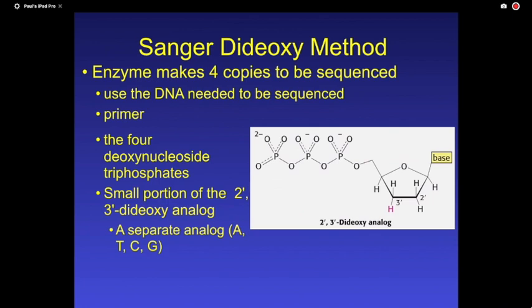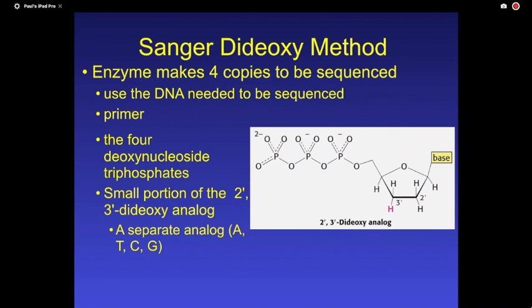If I have two hydroxides here, I have ribose. If I take off a hydroxide here, I've got deoxyribose. And if I take off both hydroxides, I've got dideoxy. This has a consequence. As I'm adding base pairs, if I have a 3' hydroxyl, I can add another one. But if this one gets incorporated, I have a 3' proton, and I stop the sequencing, even if I have all the other pieces, an enzyme to do the sequencing,